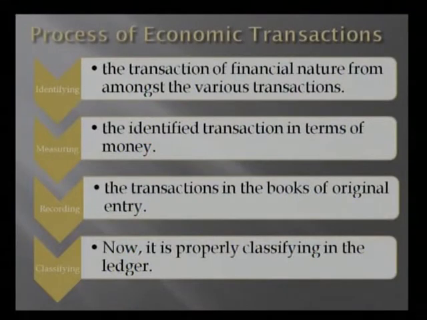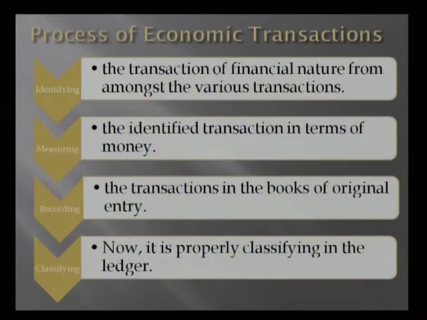Moving to the next point, that is the concept of bookkeeping, accounting and accountancy. Let's start with the first process of accounting economic transactions, that is all about bookkeeping. It would be divided into four parts. First, you need to identify the economic transaction. Then you need to measure the economic transactions, then it would be recorded and then classified.